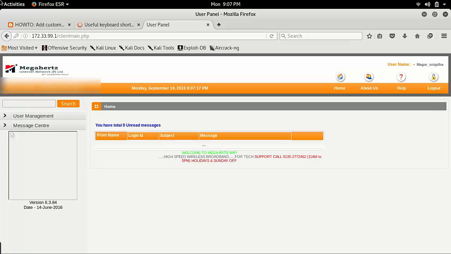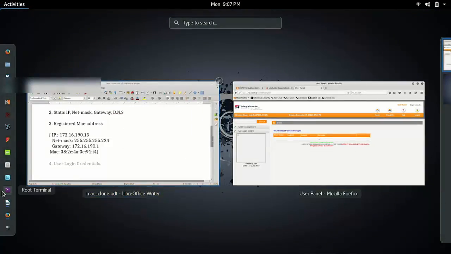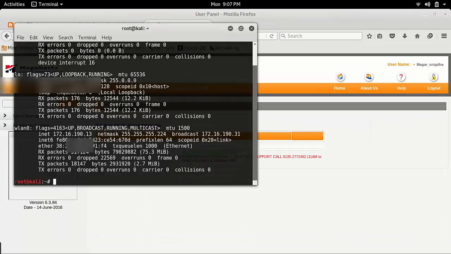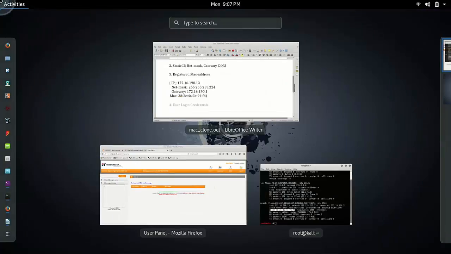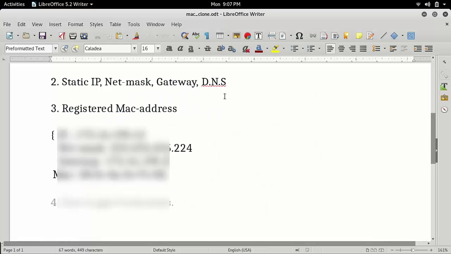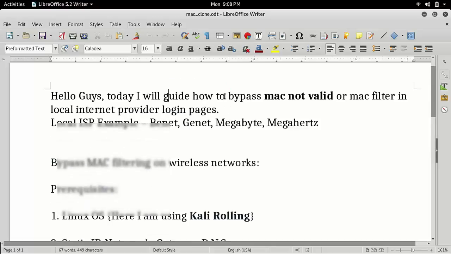Let me show you my PC's MAC again. If I type ifconfig, I have the MAC E32CF4, this MAC. So I have successfully changed my MAC. That's it, you have successfully changed your MAC. You can use this tutorial for changing the MAC ID and accessing more than one account with a single user IP. Thanks guys, that's it for this tutorial.